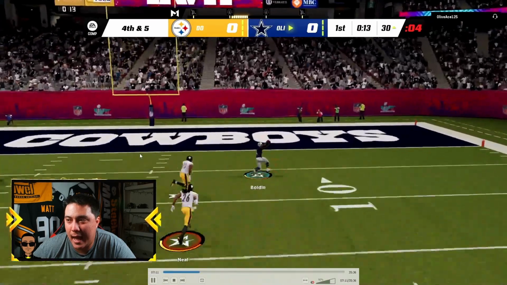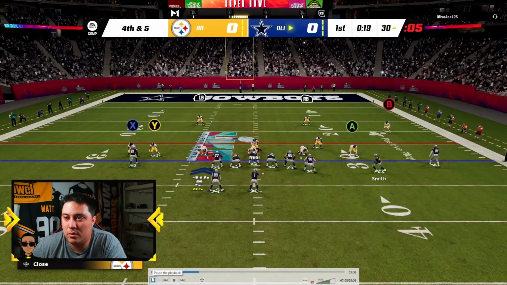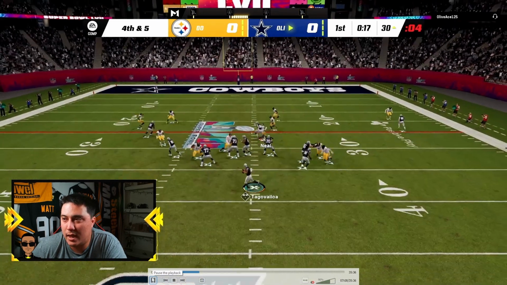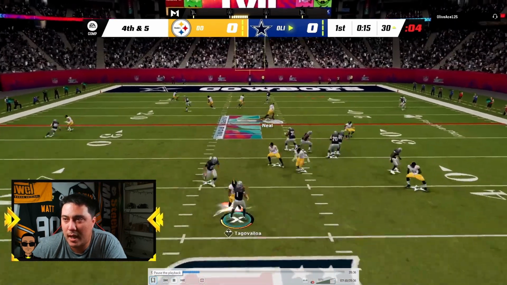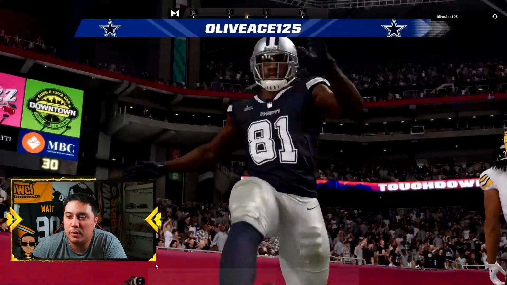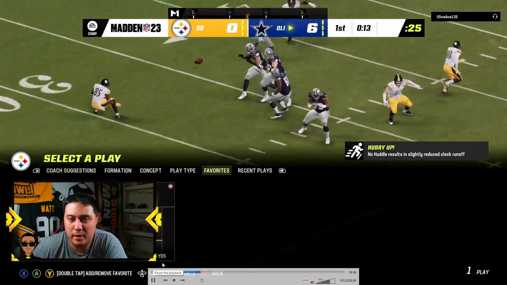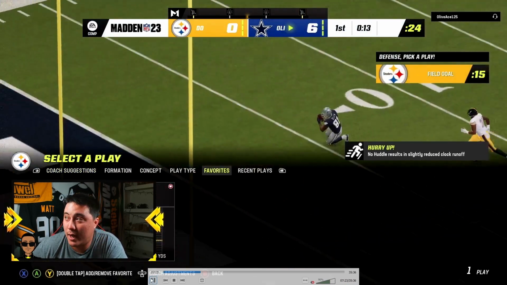We bag Anquan Boldin. Gross. And that was who I had to guard right there, Anquan Boldin. For some reason, I just stuck to Dalton Schultz. He had plenty of time to throw, and he scores. I felt like I had him pretty bagged, but he made the right plays at the right time, and